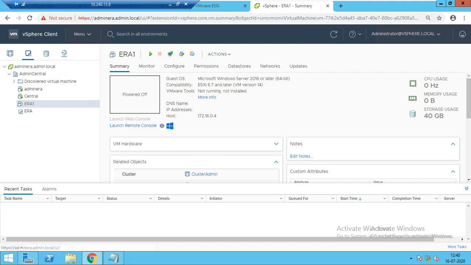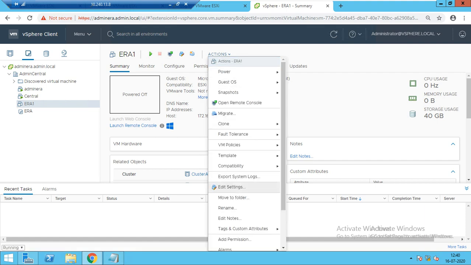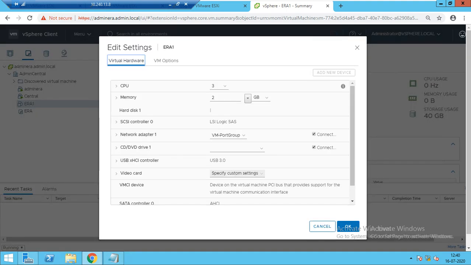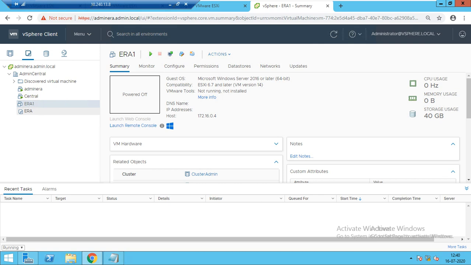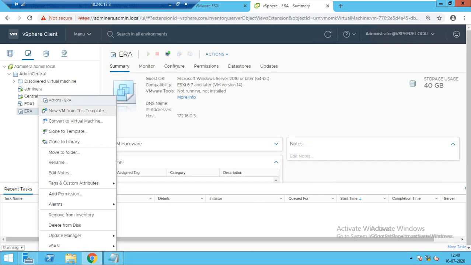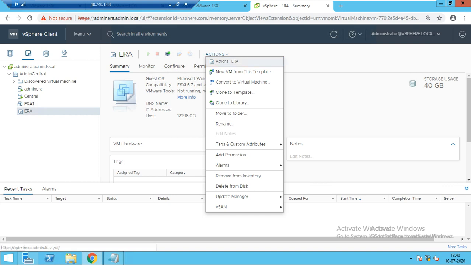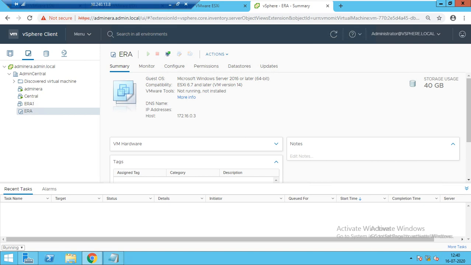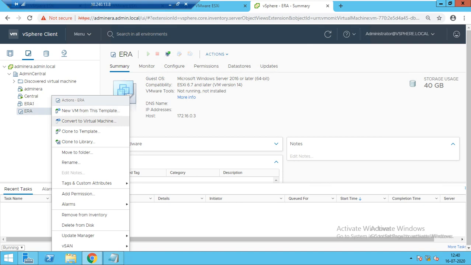If you go with the edit settings, sorry, this is the virtual machine. If I go with the ERA, you see here you don't have the option of edit settings. So if you want to edit this again, you have to right click first and convert to virtual machine.